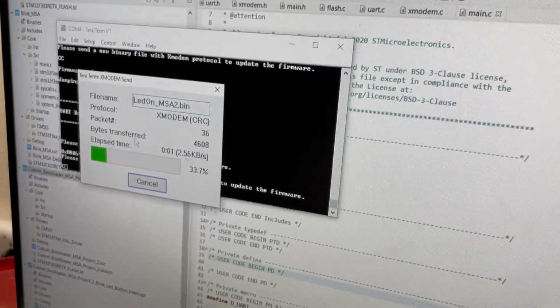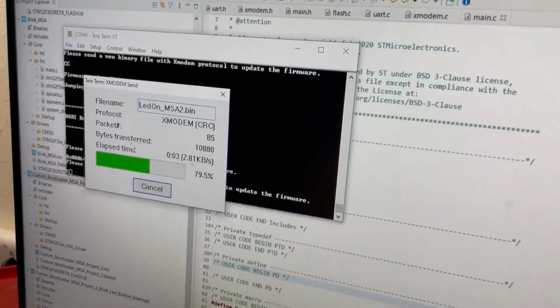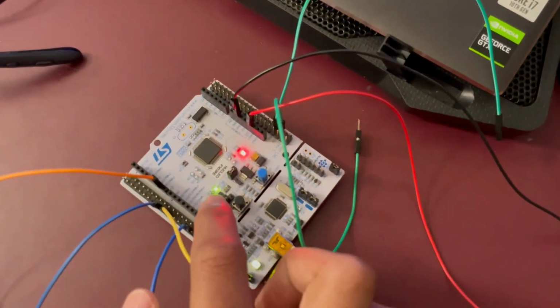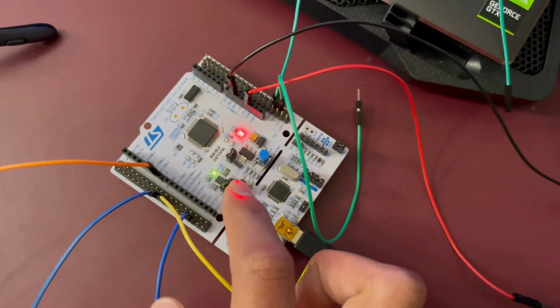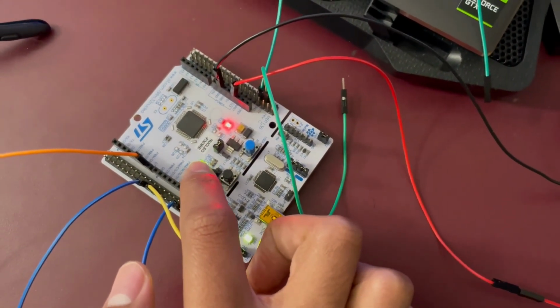Yeah, the new firmware is getting flashed up. The third app is getting flashed up. If you see here, the third app is an always on LED. So this app just turns on the LED.